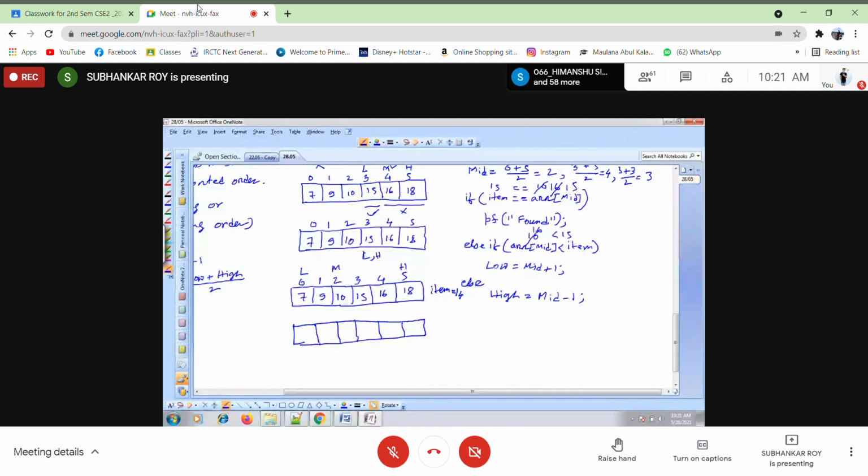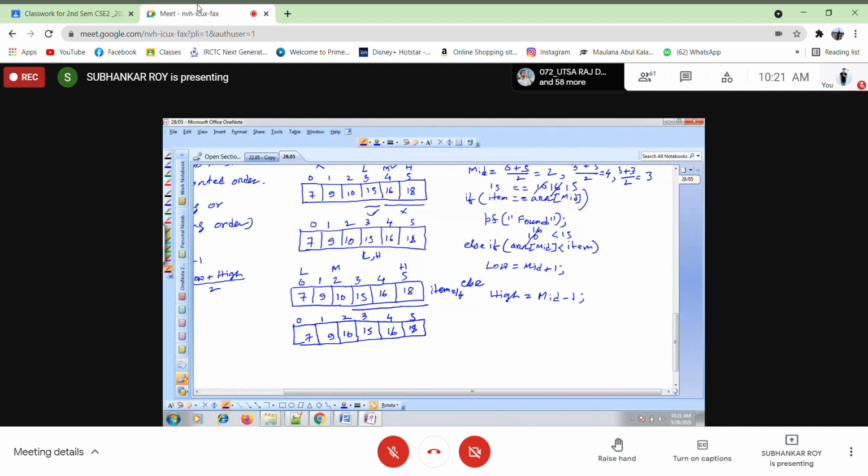So 0, 1, 2, 3, 4, 5 and 18, 16, 15, 10, 9 and 7. Okay. Now low will change because arr[mid] is less than the item. So we have to go to the right part, this part.